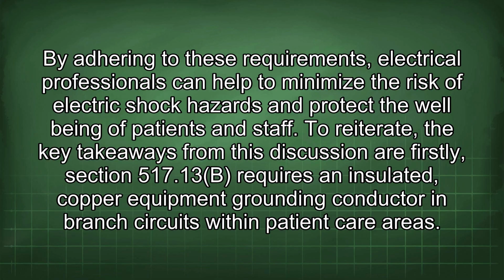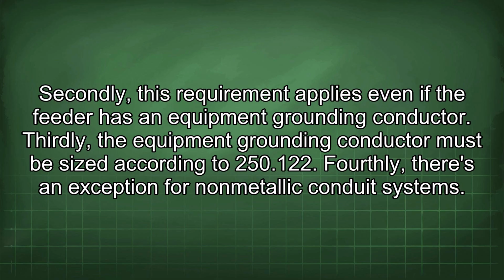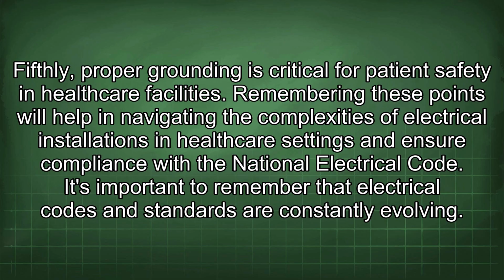To reiterate, the key takeaways from this discussion are: firstly, Section 517.13(B) requires an insulated copper equipment grounding conductor in branch circuits within patient care areas. Secondly, this requirement applies even if the feeder has an equipment grounding conductor. Thirdly, the equipment grounding conductor must be sized according to 250.122. Fourthly, there is an exception for non-metallic conduit systems. Fifthly, proper grounding is critical for patient safety in healthcare facilities. Remembering these points will help in navigating the complexities of electrical installations in healthcare settings and ensure compliance with the